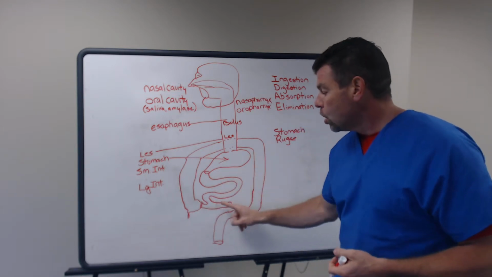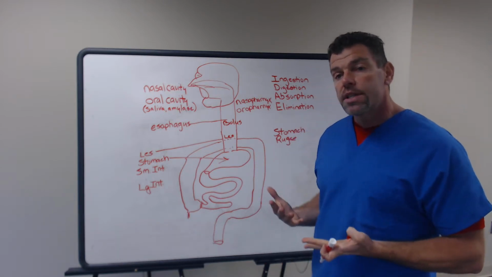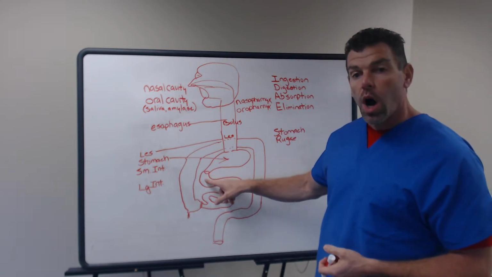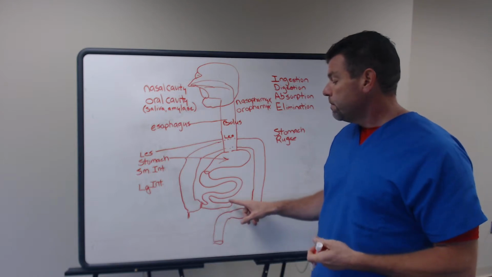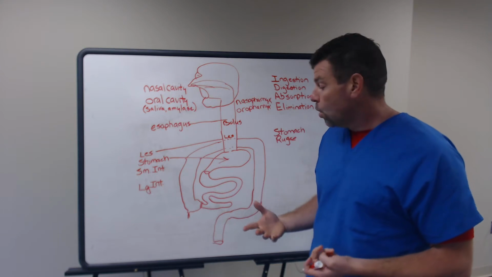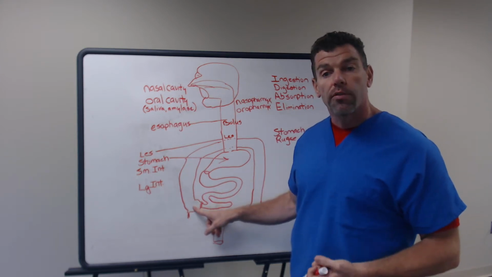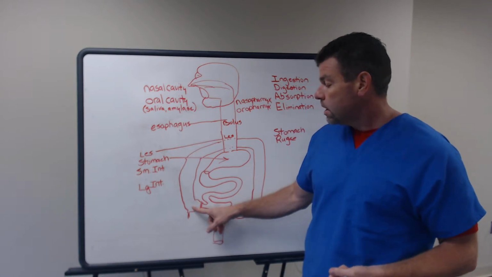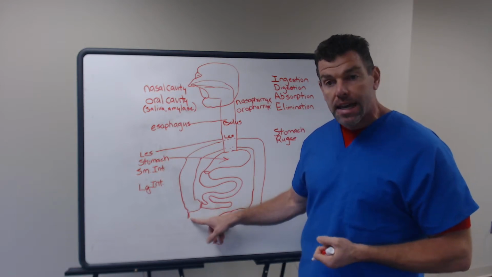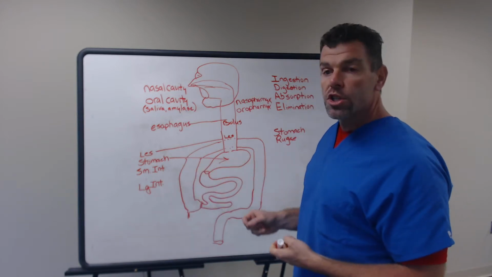And this curly Q here is the small intestine. Now, the small intestine is going to be made up of 3 parts. The first part is the duodenum, then the jejunum, and then finally the last part is the ileum. The ileum is going to come into contact with the first structure of the large intestine called the cecum. We can see this little structure dangling off of the cecum. That's our appendix. Okay? And of course, this is going to be the large intestine.